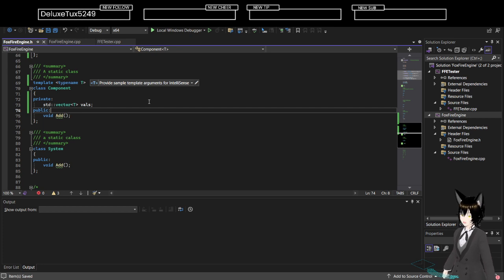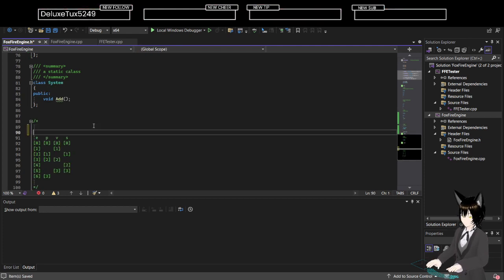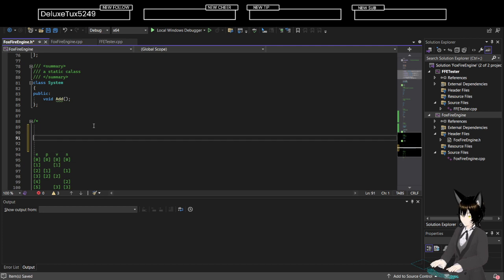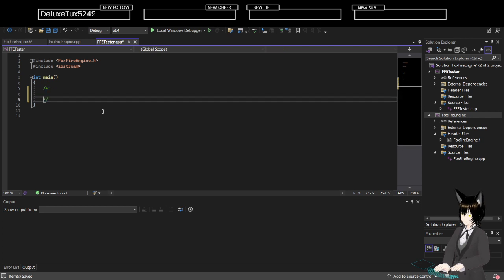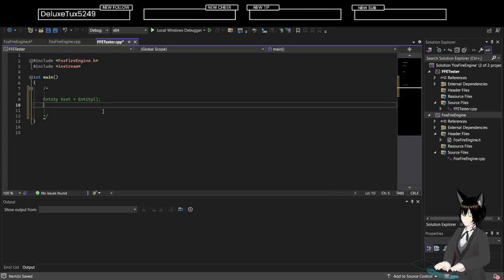Alright, because I don't necessarily want, yeah, because I want something along the lines of, say, entity test equals T, right? Equals entity, right? And then I'll have test.add